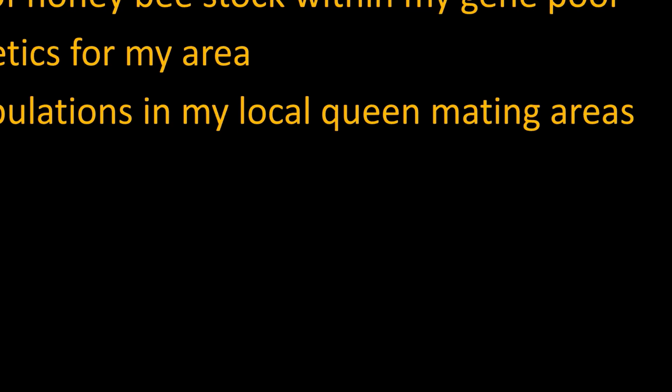And then we also need to increase the diversity of our honeybee stock. Beekeeping is no different than animal husbandry, that the